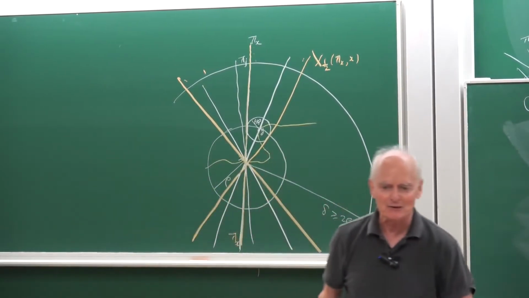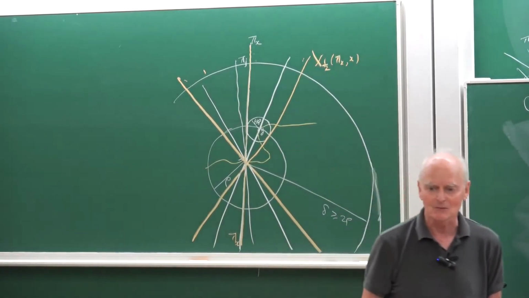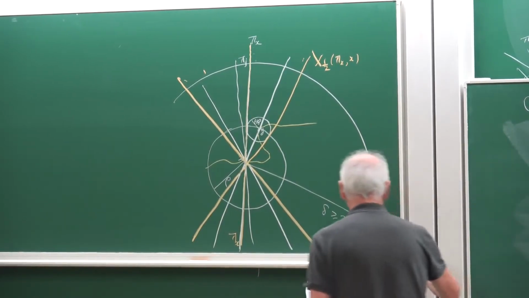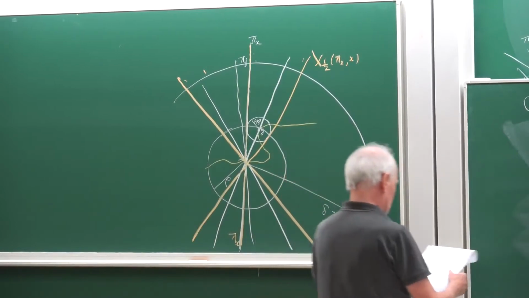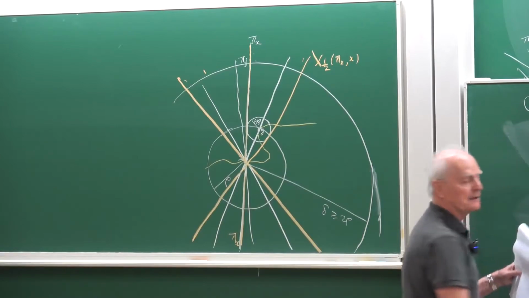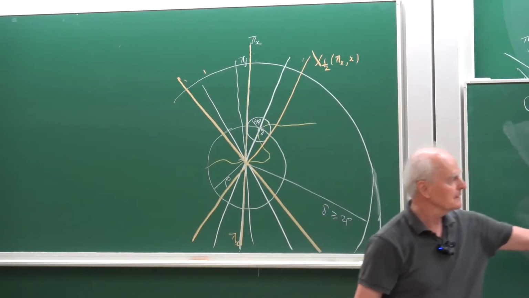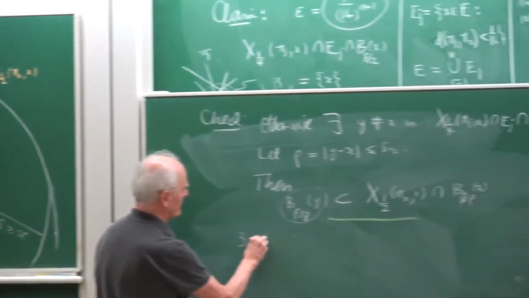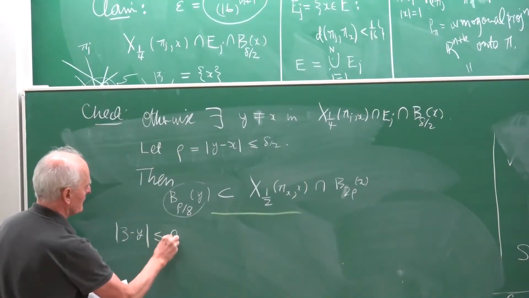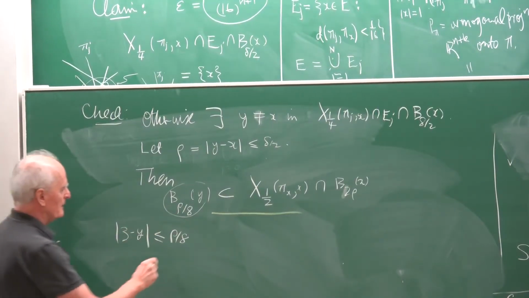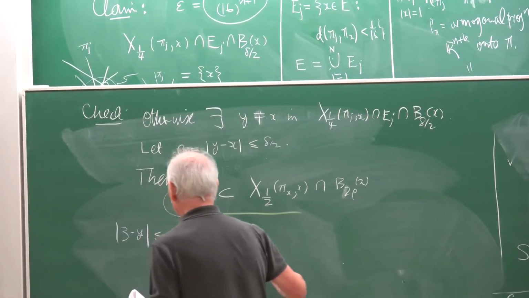But we've got to check that using some inequalities now, right? So that looks convincing, but let's check the inequalities to make sure. We've got to take a point z in here and check that it's also in here. So take z minus y less than or equal to rho over 8. That means we're looking at a point z in this ball. That implies that now we can